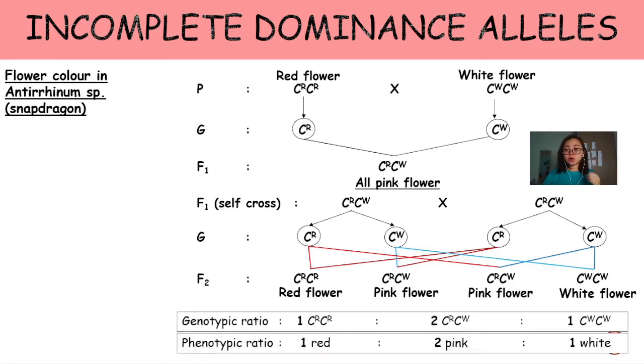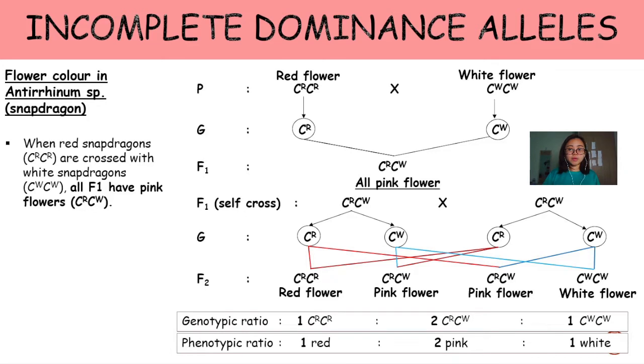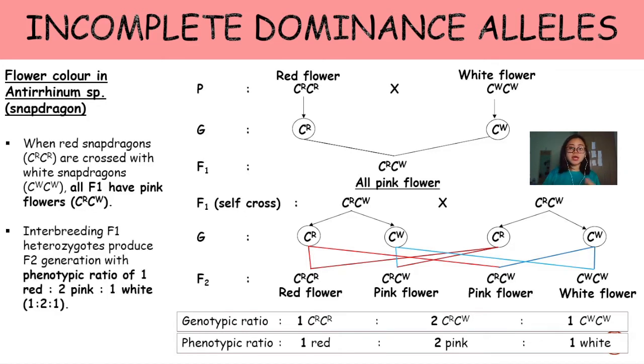Once again, we take out the ratio, and you see the ratio is once again 1 to 2 to 1. Okay, when red snapdragon flowers are crossed with white, all F1 will have pink flowers. Interbreeding between F1 generation will produce F2 generation with phenotypic ratio of 1 red to 2 pink to 1 white. So, kamu nampak di sini, incomplete dominance